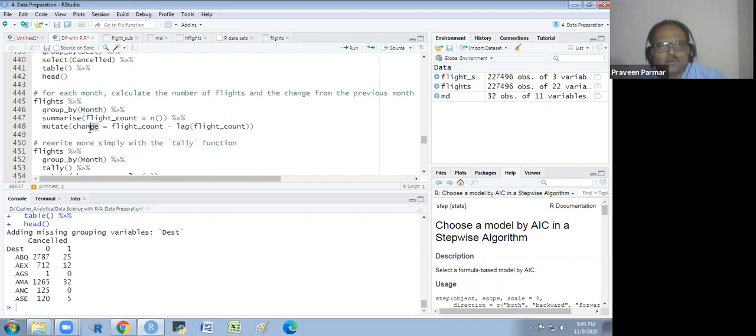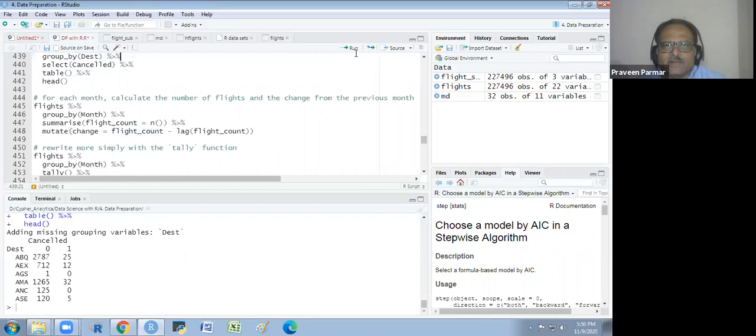So for the change, I mutate a new column. That is the flight count of the current month minus lag of the flight count, the previous one. Lag is a function for selecting the previous one. Understand? I will just run it, then I will explain it so you could better understand.